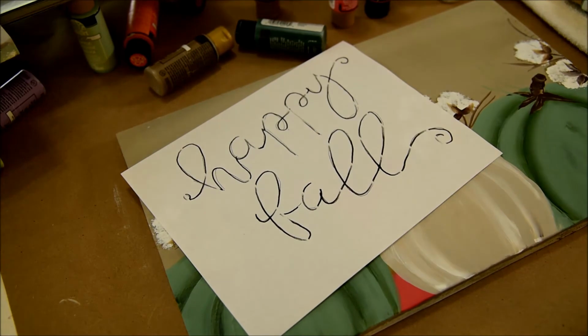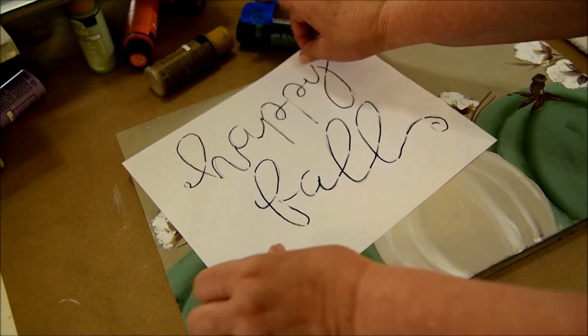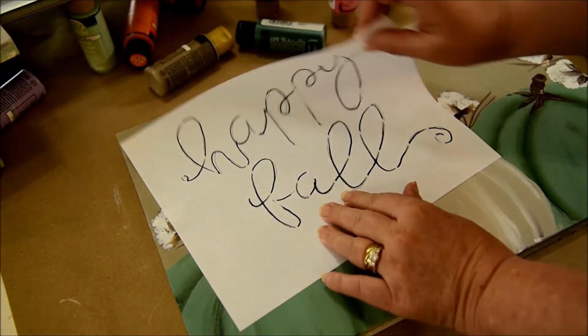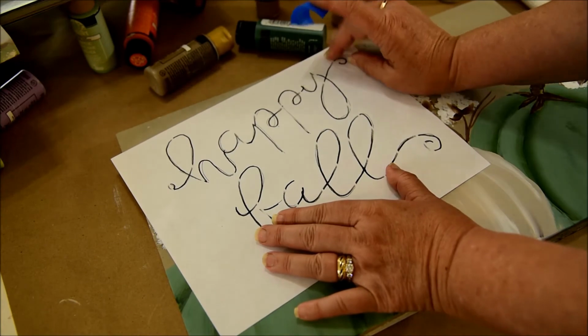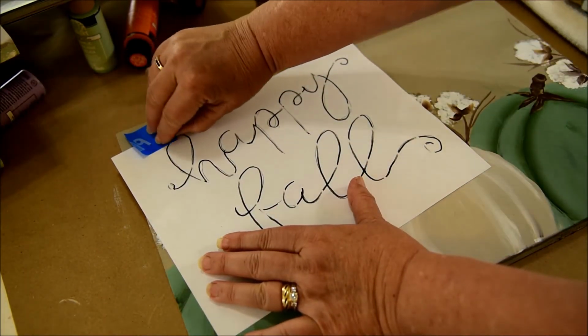I have told you this before, but I'm terrible at lettering, but I'm going to give it a shot. I'm going to show you how I do this. And I'm just going to enjoy the journey. The more I do it, the better I get the feel for it. So I'm making sure the words are on there where I want them. It doesn't matter if it kind of overlaps somewhere on the design. That's all good too. So I'm going to tape this on here,